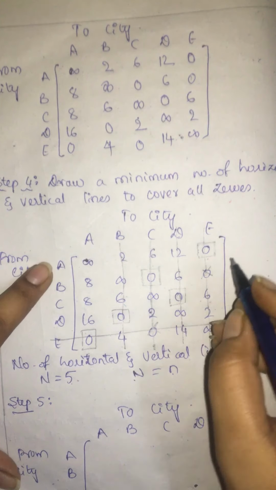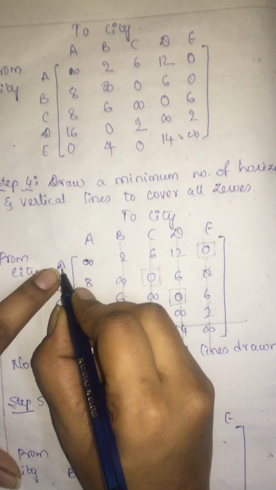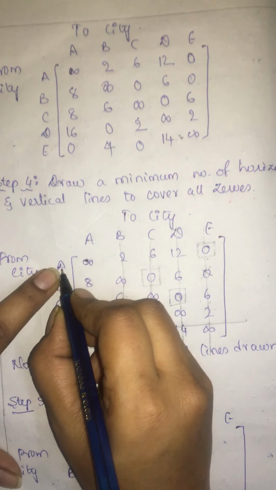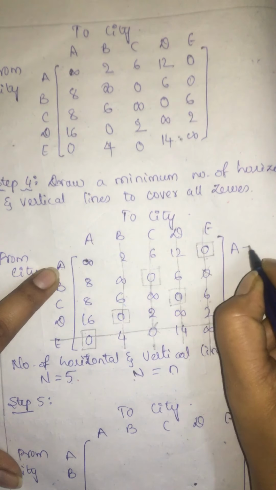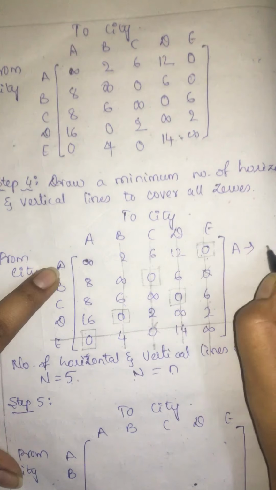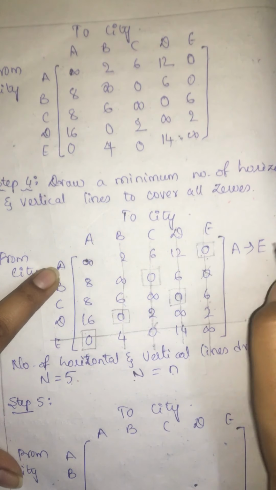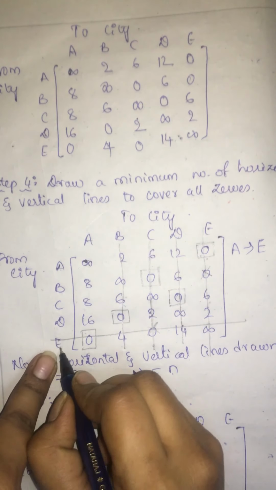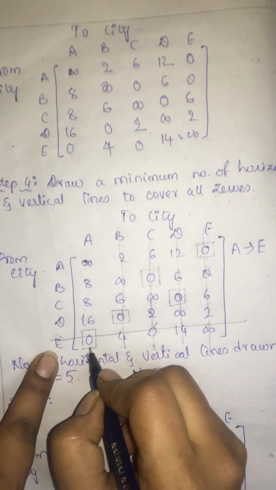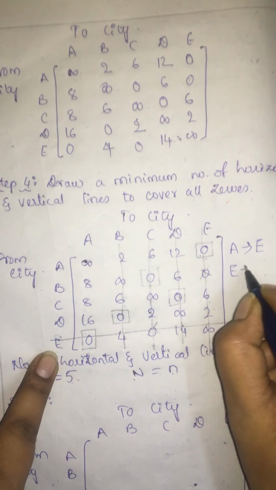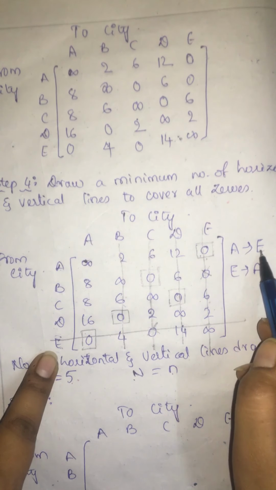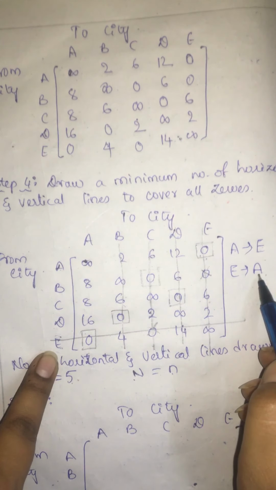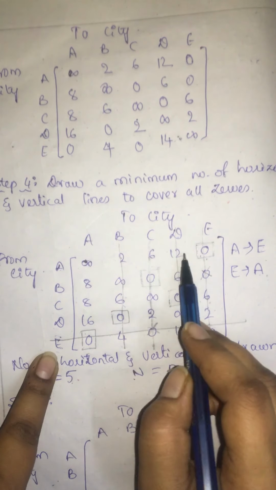Now let us take according to the assignment. So now the salesman is traveling from A to which allocation here? E. So now he is traveling to E. Now go to the E here. So from position E, where is he going to travel again? He is traveling to A again. It means he travels from A to E, and he returns to the original point A itself. But he did not travel B, C, D.